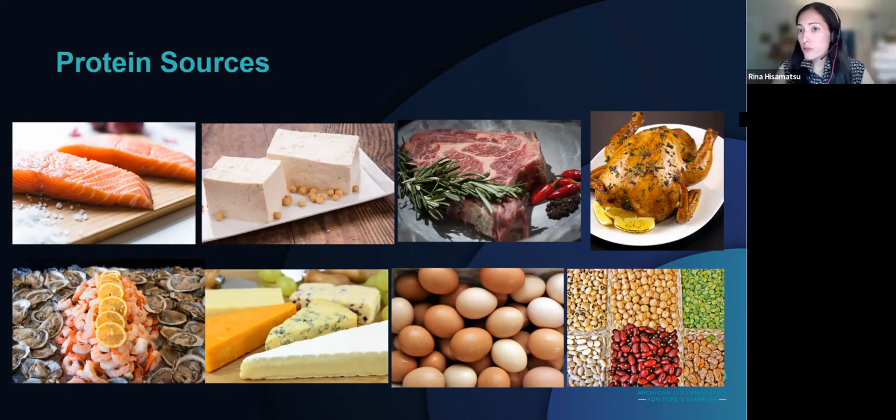So that includes things such as fish and seafood, meat, poultry, eggs, dairy, as well as soy-based proteins like tofu and tempeh, and nuts, not nuts, seeds, beans, legumes, lentils. I do want to point out that beans and lentils and legumes are starchier. Therefore, it's typically not recommended for individuals who are following a very low carbohydrate meal plan. It may be incorporated in some quantities on a low carbohydrate meal plan instead.